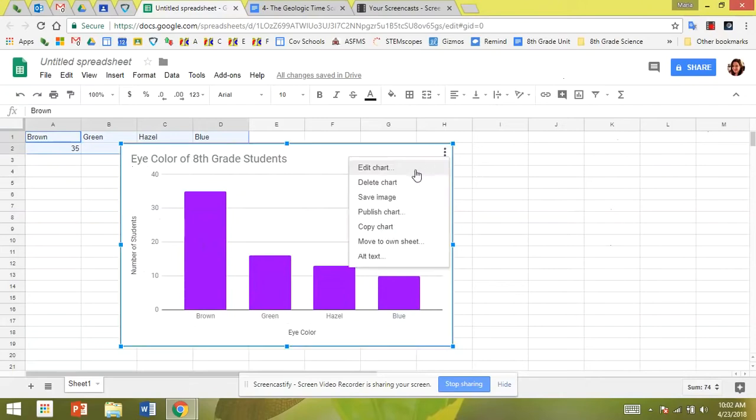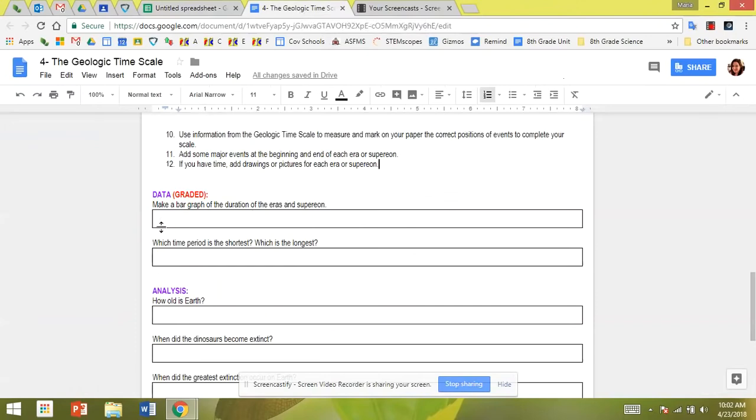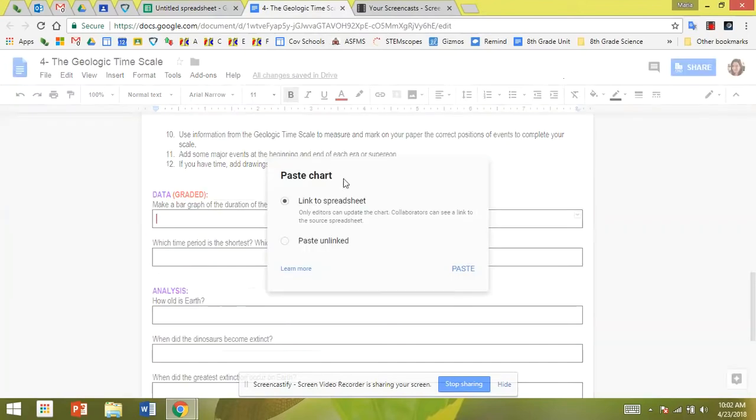And I can come over here, I can copy my chart, and I can go to whichever document I need to paste it into, and I can paste it. Now this is going to offer me the option to either link it or unlink it. I always recommend linking because